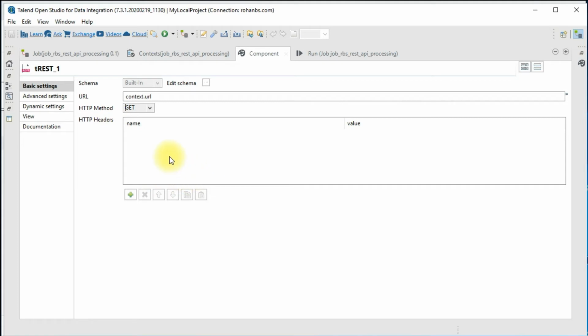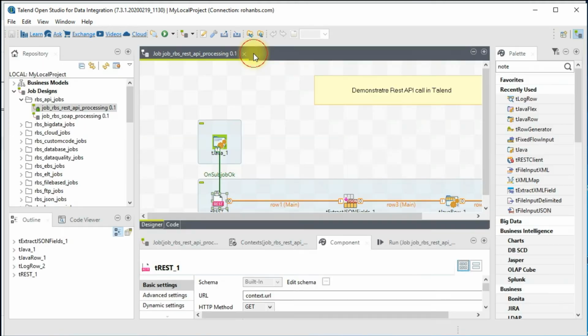So whenever you receive any requirement to pull data from REST API, there will be an API documentation which clearly talks about all these headers and the method and every detail. So follow that documentation, configure your tREST component, and then you can start making use of it.